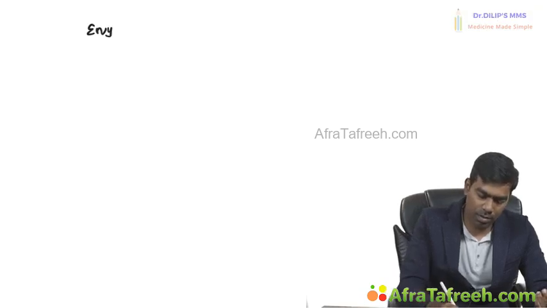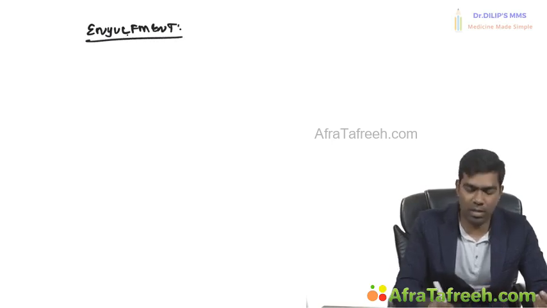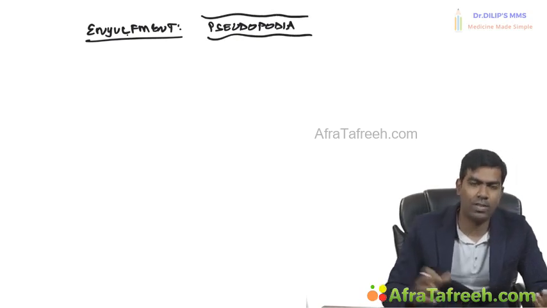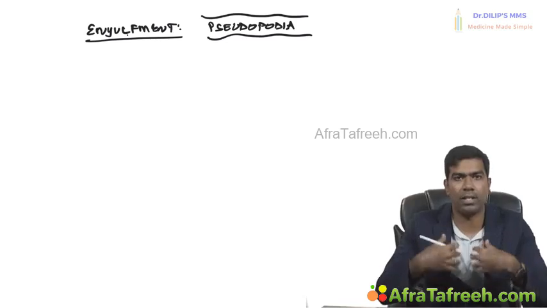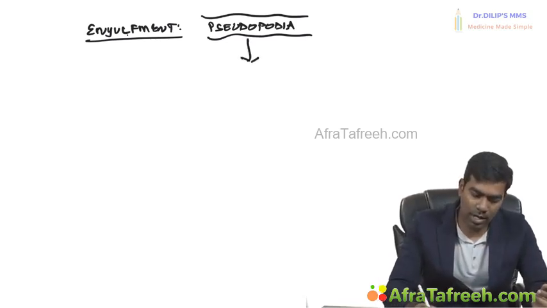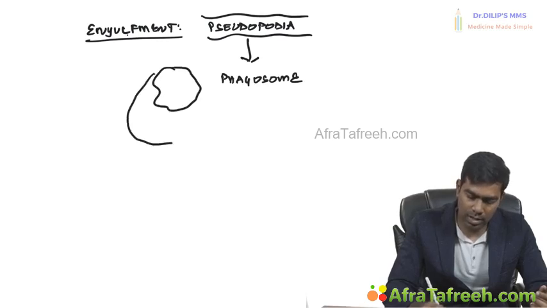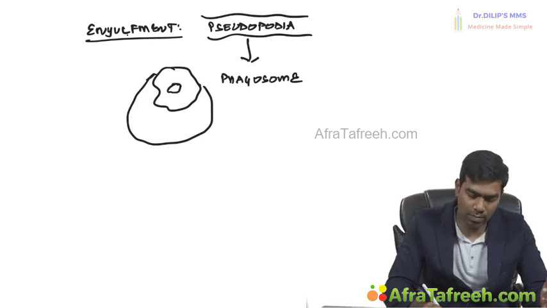And then you have the engulfment process before killing. Engulfment is due to production of something called pseudopodia. These are cytoplasmic extensions, called pseudopodia, which surround the target cell or the particle, and then they engulf. So once they engulf, they form something called a phagosome. These are like plasma membrane invaginations that unite together to form a phagosome, where the organism will be